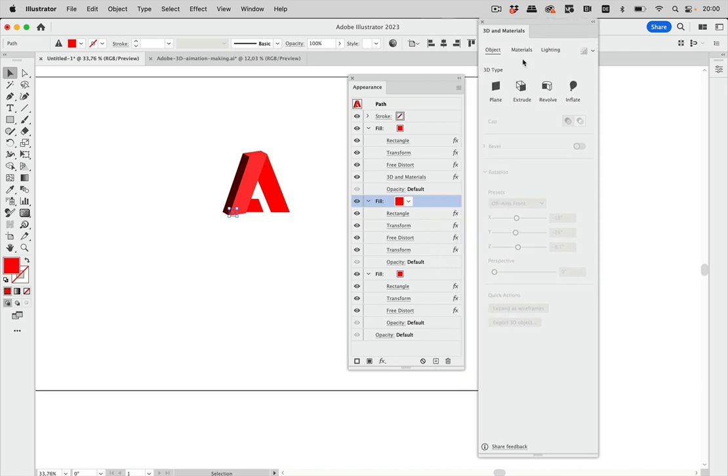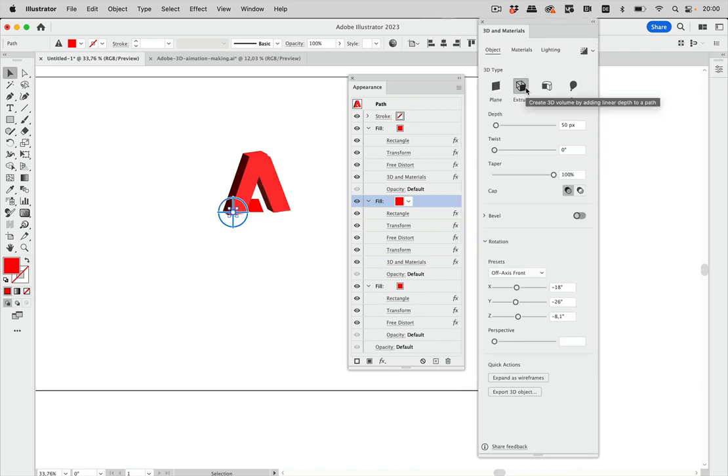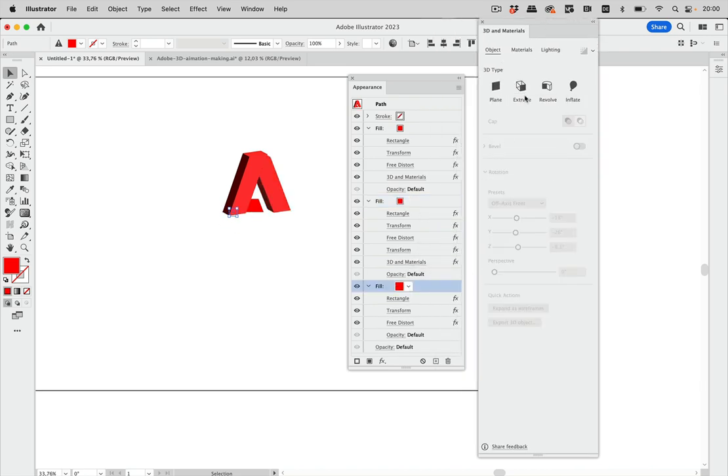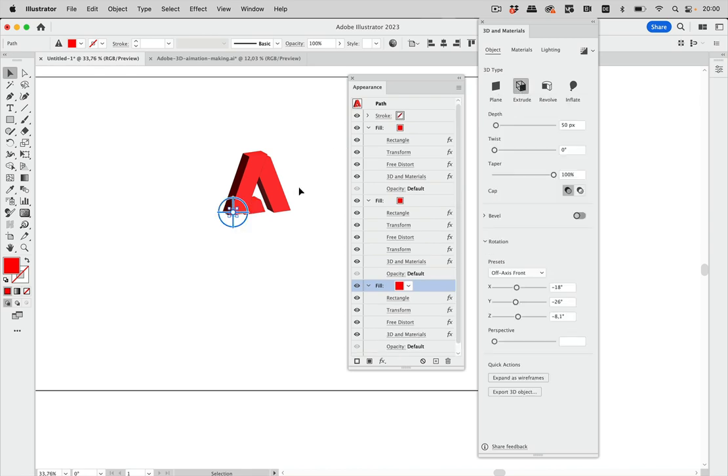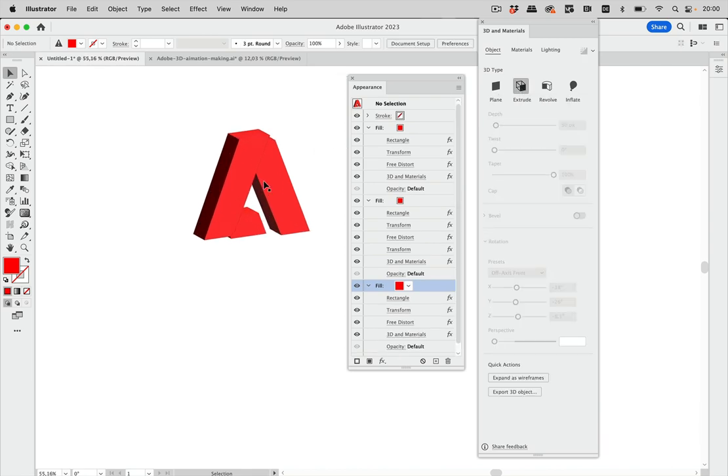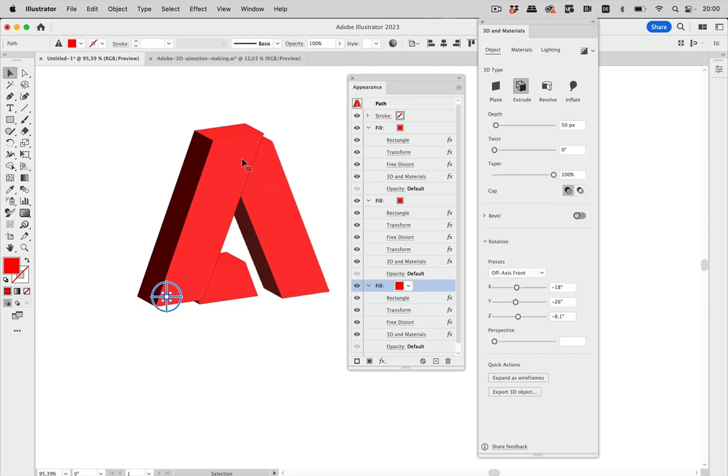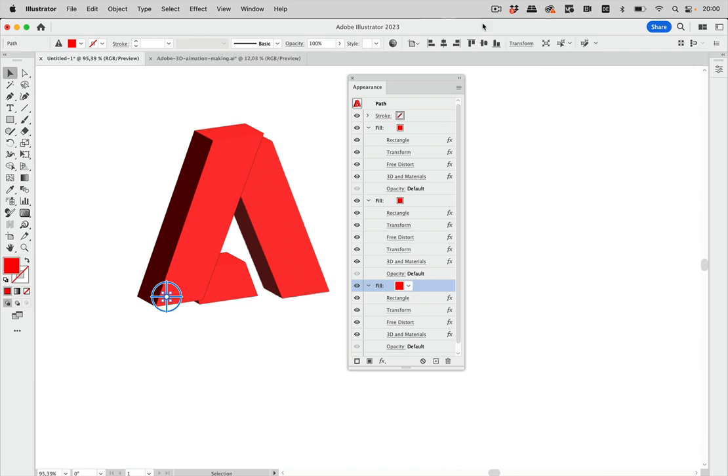And now that the panel is open, let's just click on extrude and that one as well and extrude it. So let's zoom in a little bit and you see it doesn't match anymore. So of course it doesn't, just because they are now living in their own 3D world. So every one of these fills lives in its own world,